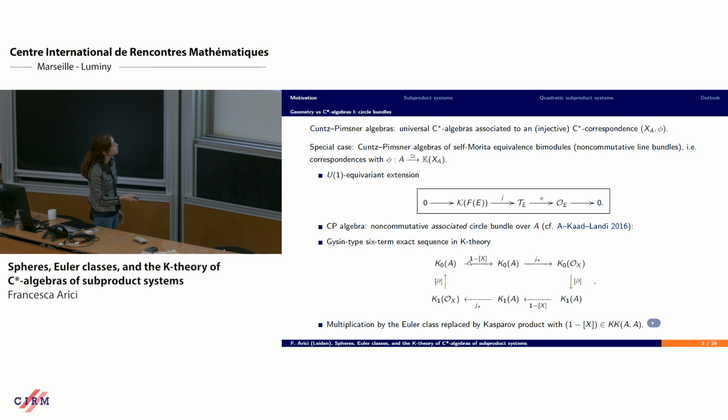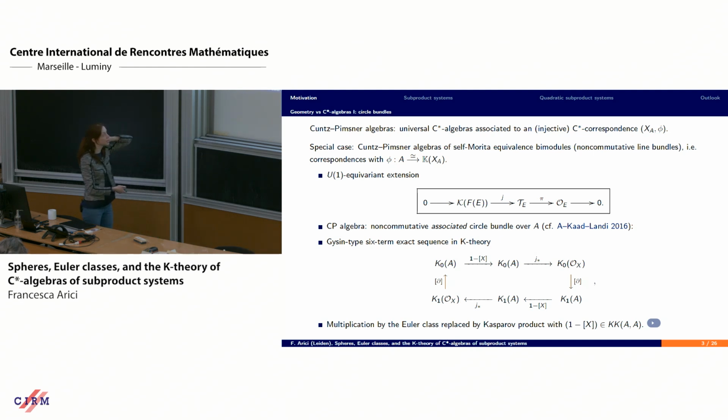Okay, so when you construct a K-theory exact sequence induced by this extension, it gets this very nice form. So the map here, well, first of all, you can identify the K-theory groups of the Toeplitz algebra and of the compact operators with the K-theory of the coefficient algebra, and then you get an extension that has this form. It only contains the K-theory groups of the coefficient algebra and of the Cuntz-Pimsner algebra, and you have this map